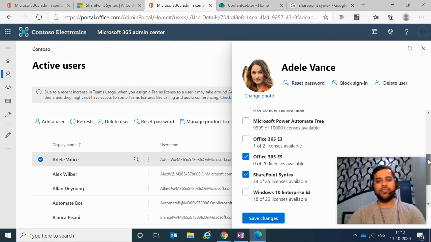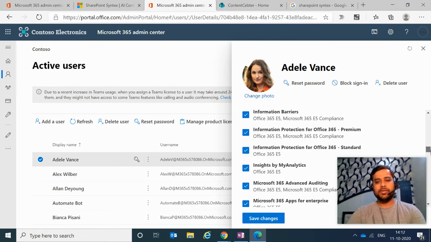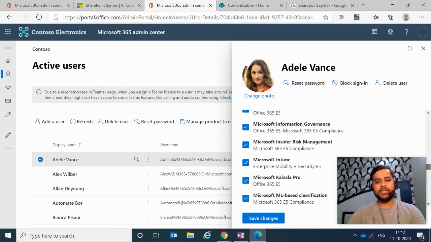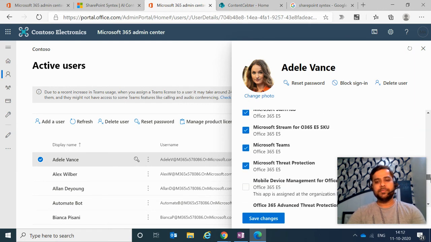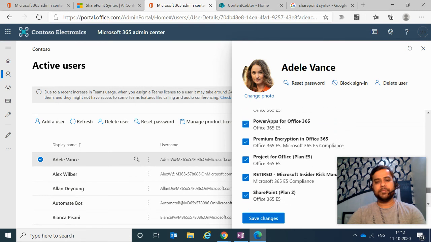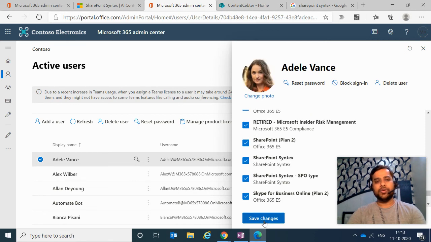Now in the bottom section in the apps, you will also see the SharePoint Syntex services are enabled for the user. So here you see SharePoint Syntex and SharePoint Syntex SPO type are enabled for the user. Click on Save Changes and you are done.